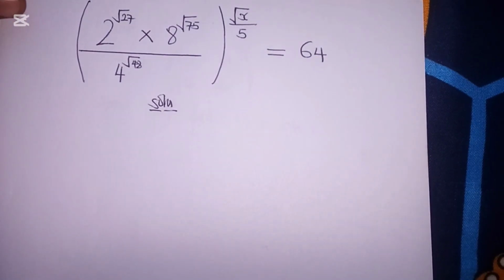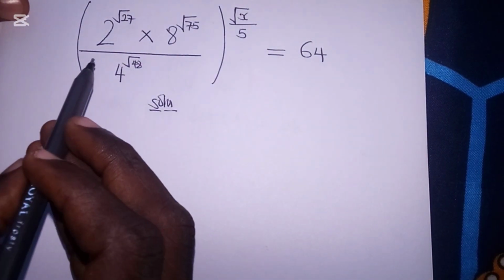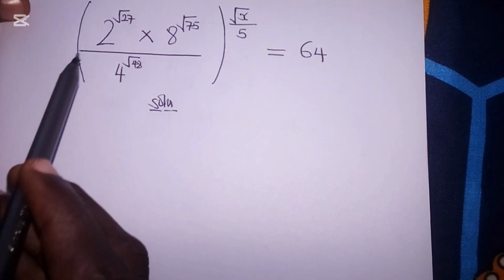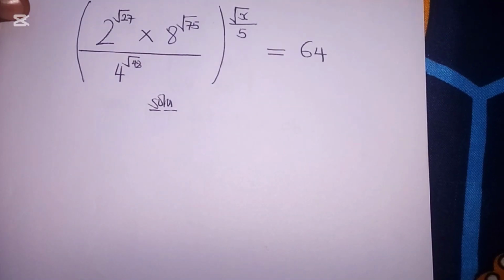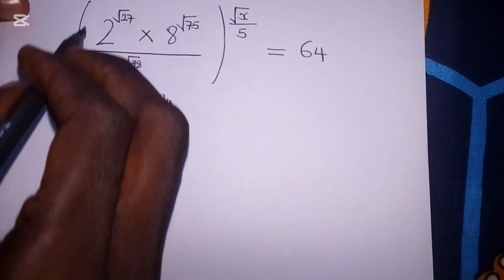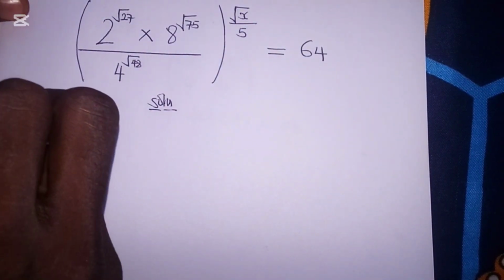This is indices and surds. Let's try to express all these surds that we are seeing into single surds. Now, to express root